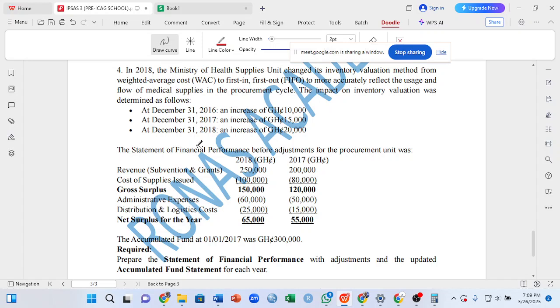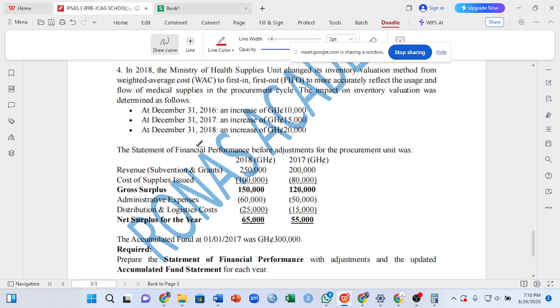At December 31st, 2016, an increase of 10,000 Ghana cedis. At December 31st, 2017, an increase of 15,000 Ghana cedis. At December 31st, 2018, an increase of 20,000 Ghana cedis. The statement of financial position performance before adjustment for the procurement unit was,